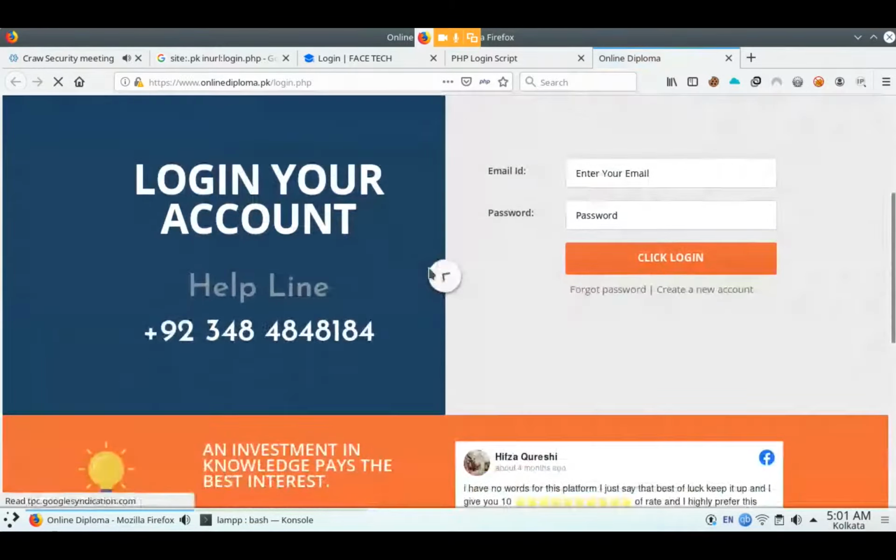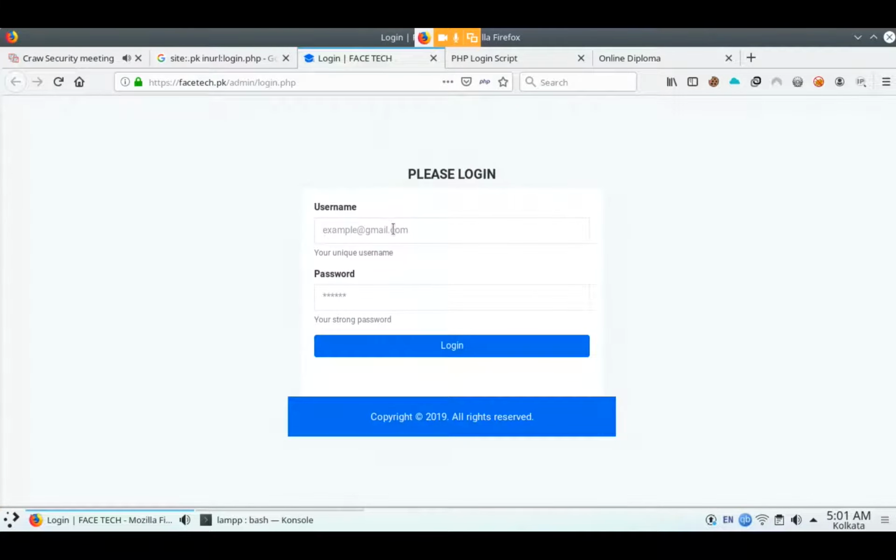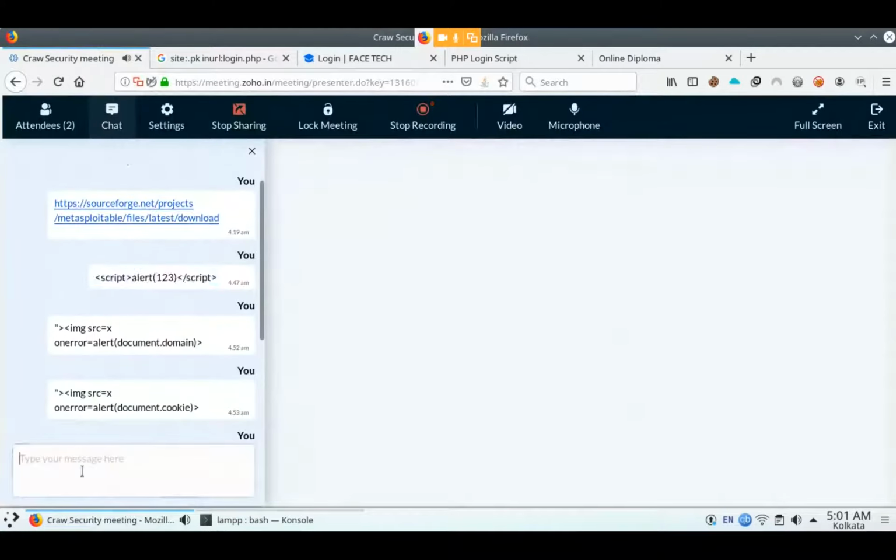No, this website is not available. So here you can find the email ID and password fields. You have to type your email ID and password. I don't know the email ID and password of this website, and you would have to crack them. Then you have to enter this query: Control C, 1 and 1.